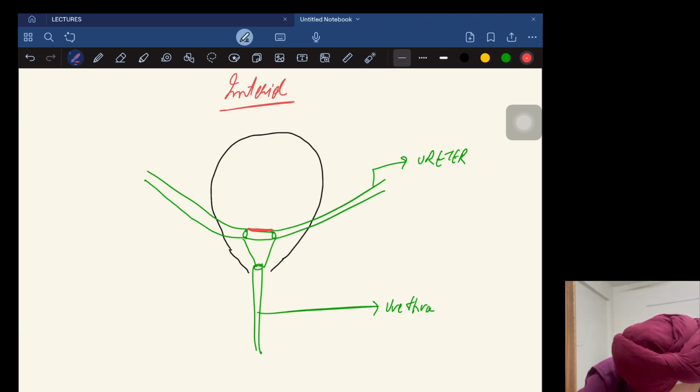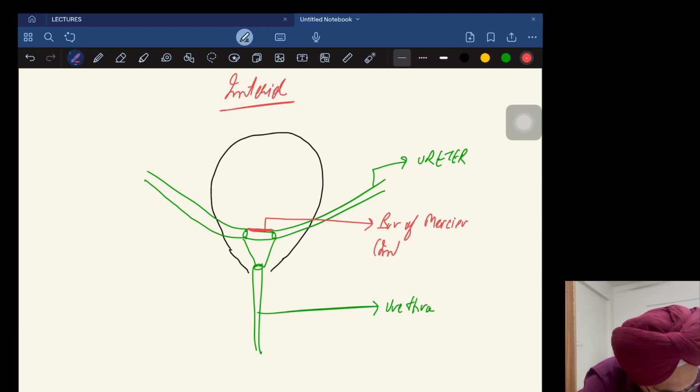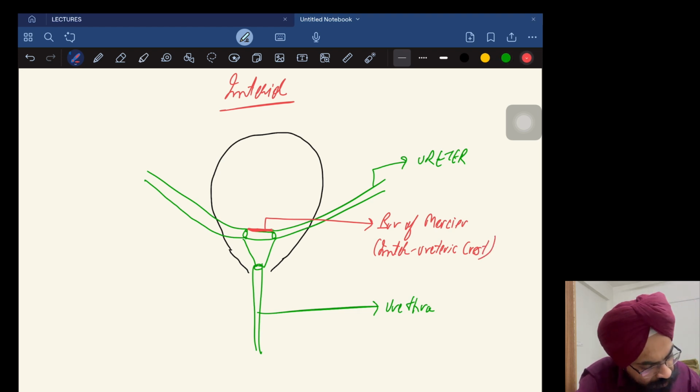So due to which a ridge is formed over here. This is known as the bar of Mercier, that is the interureteric crest. Similarly,